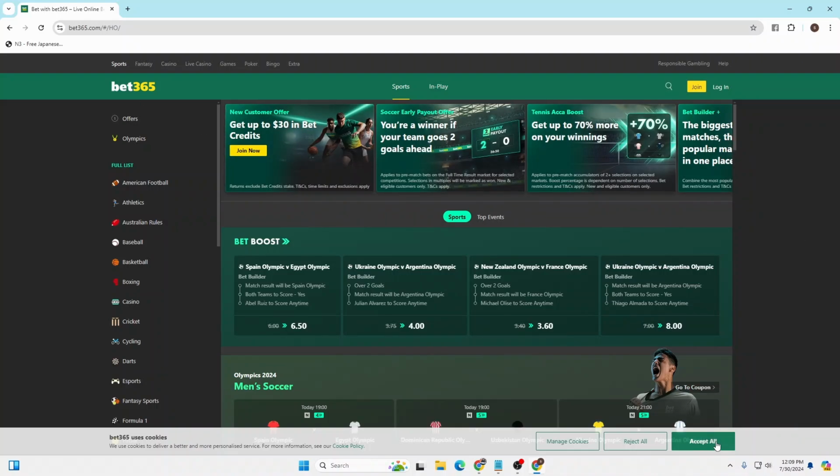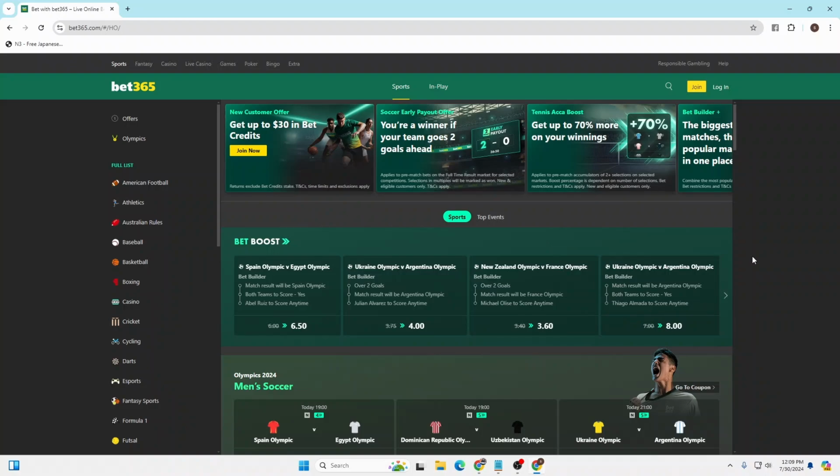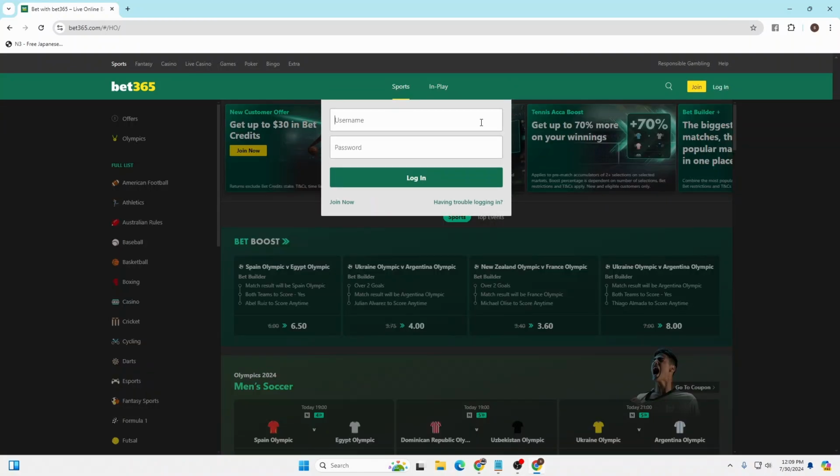Now in order to log into your account guys, on this interface at the top right corner of the screen you can see guys there's a login button available for us just beside the join. Now in order to log into your Bet365 account, click on the login button first, and over here this kind